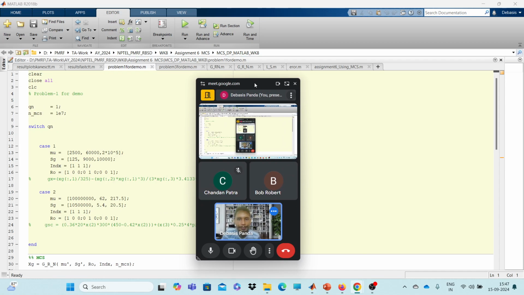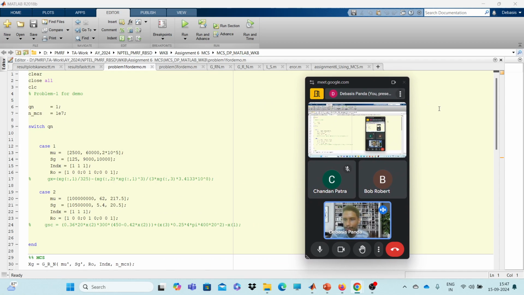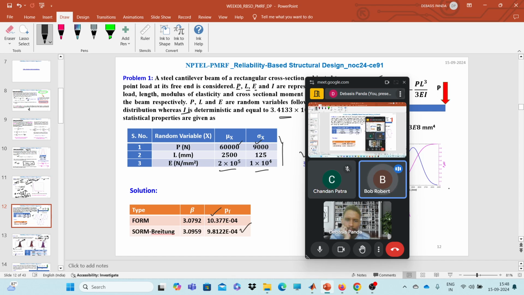Like for the first problem, does it mean that before you use the Monte Carlo simulation, you should have done both FORM and SORM? No, no, that's not the case. Here we are considering the FORM and SORM results, because we have the results and we are checking